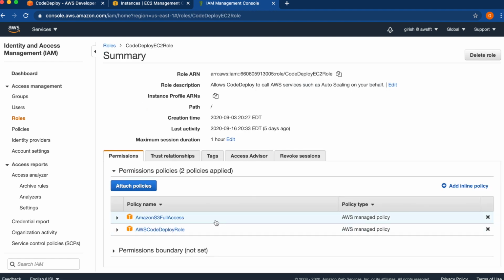And additionally, we have given S3 full access. When you are using it for code deploy, we need access to the S3 bucket, read and write access, to put artifacts and read them from there. That's the reason we have given it full access. As I said earlier, you can be choosy and give access only to whatever bucket you want, but just to make it simpler, we have given S3 full access, and this is the only role available for code deploy. So that is how the IAM role is created.